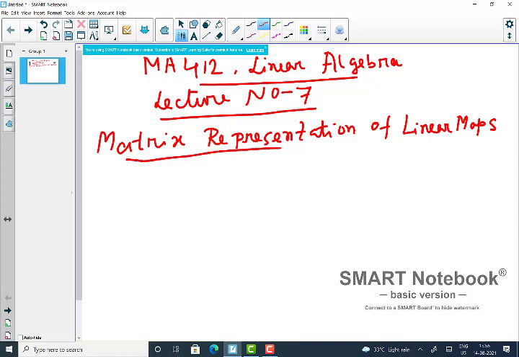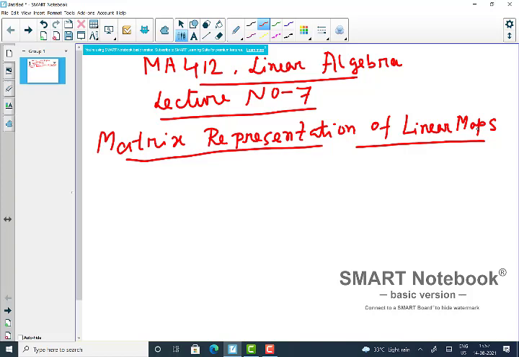We'll start with linear spaces with finite dimension, and we will relate with respect to some